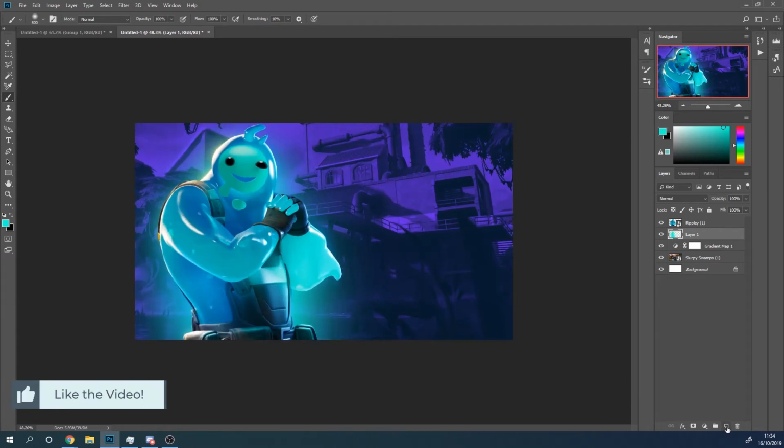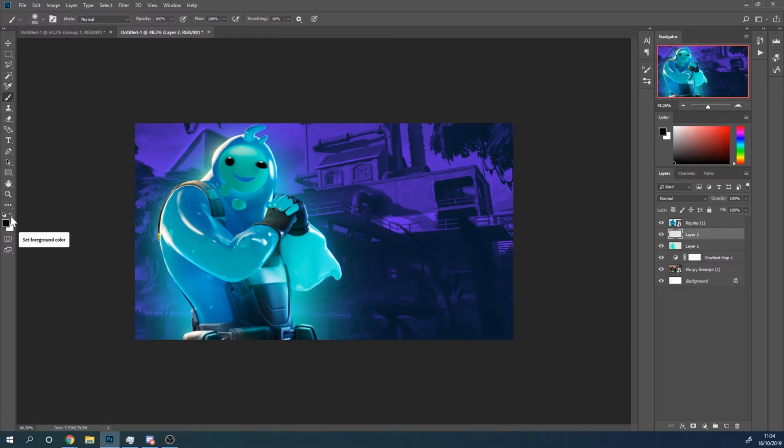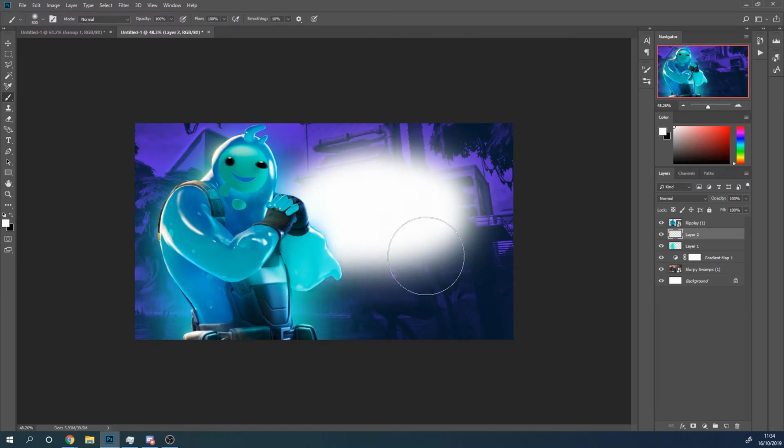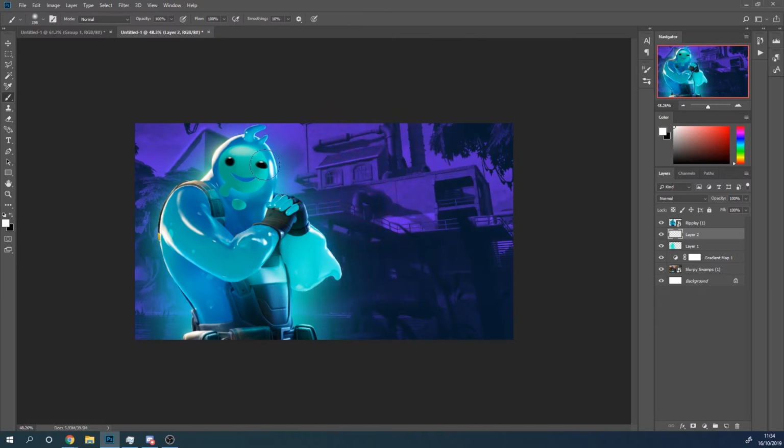Then going to add a new layer above that, new blank layer, and I'm going to click this little tiny black and white icon to make the colours black and white. Invert them, so now I have a white brush, and I'm going to make this smaller but a harsher glow over the top like this. Just go around the edges a bit more finely. So this is just being a bit more precise,